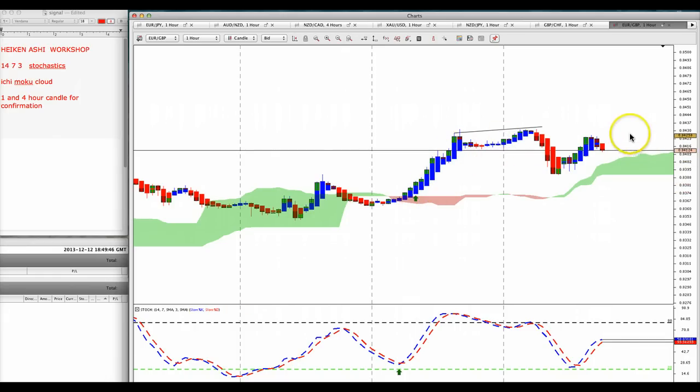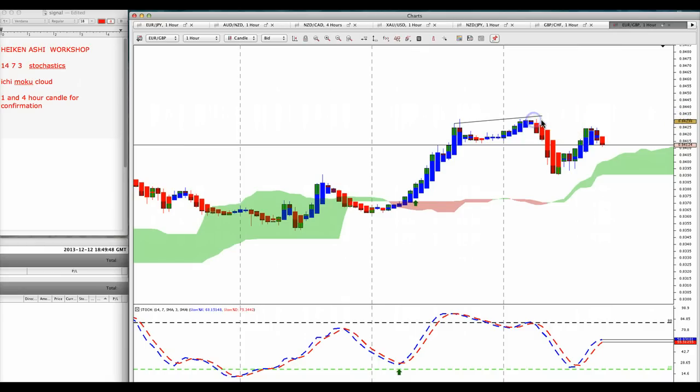And then here, the same thing, the market turns around and retraces. Stochastics is overbought here at 80. We get a color change candle. Notice that there are no wicks on the top of these candles. This is a very strong retracement. And the market recovers, turns around, heads north, but